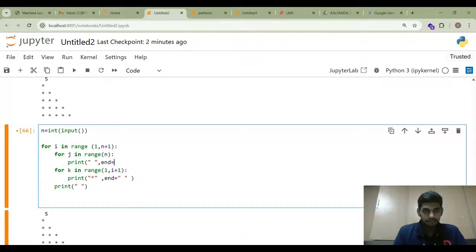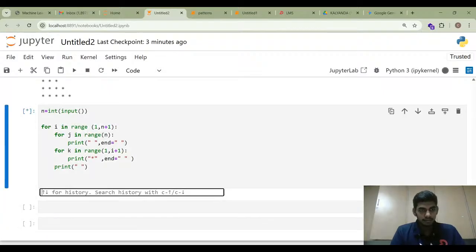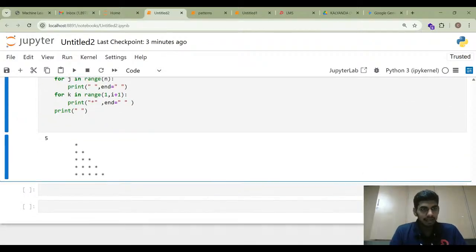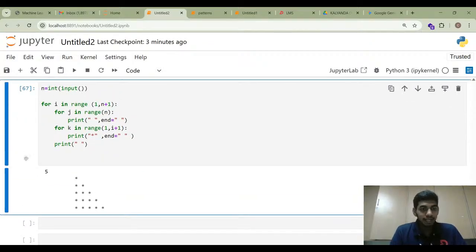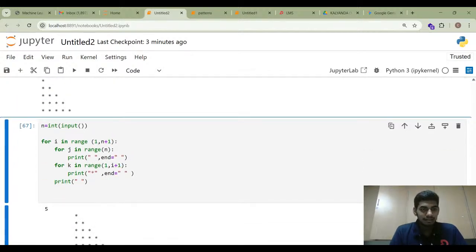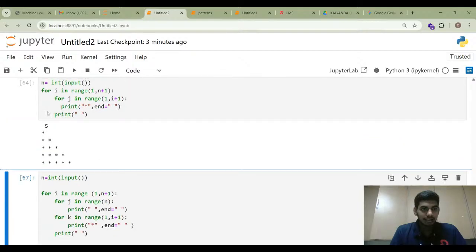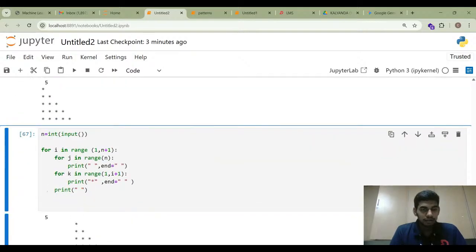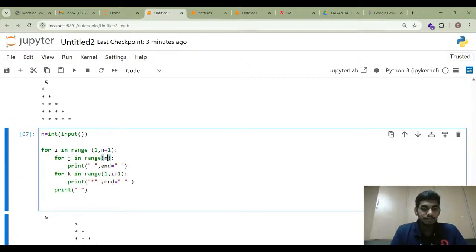As you know, why you use end. Here taking n means 5 leading spaces, but I want to print the reverse of this triangle. So to implement this, I minus,